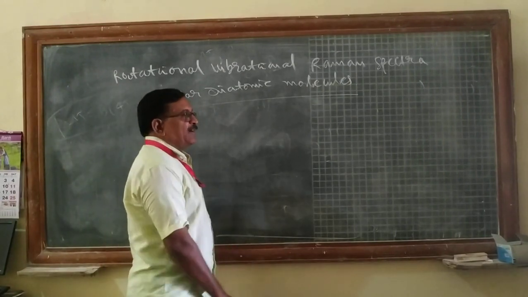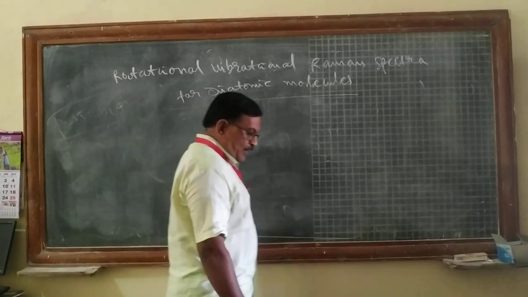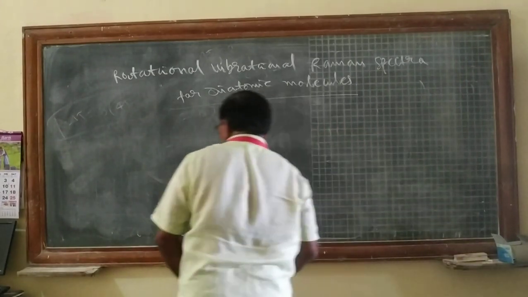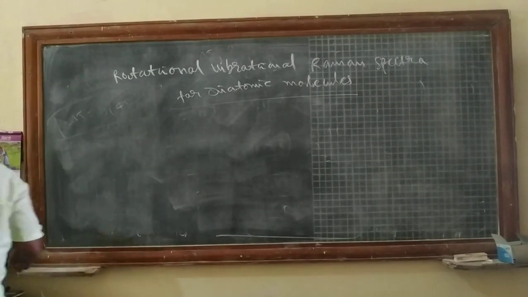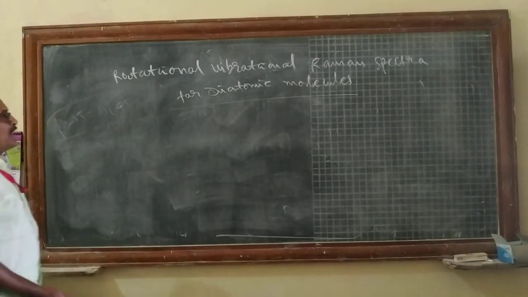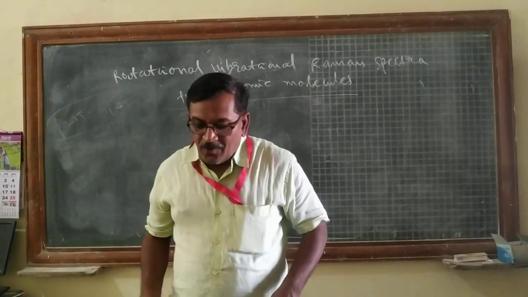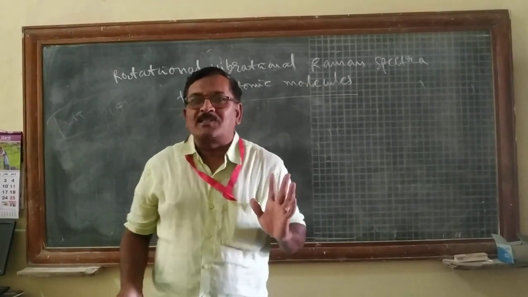For example, nitrogen, chlorine, oxygen, or any types of diatomic molecules. So they show what is called a rotational vibrational Raman spectra for the diatomic molecules. So for these gaseous molecules,